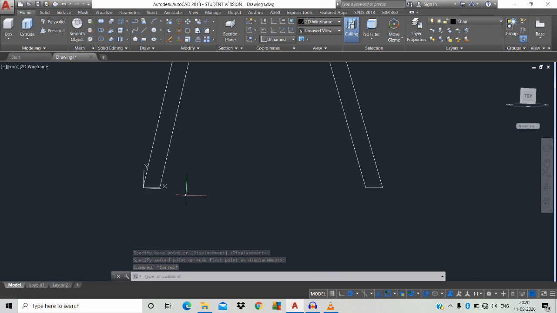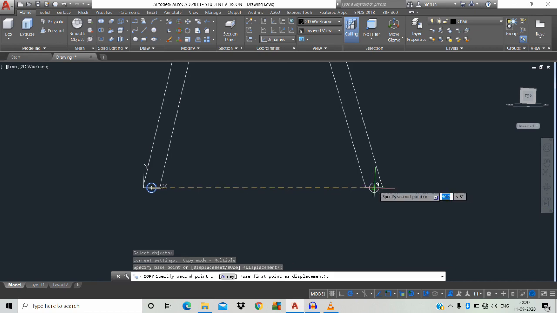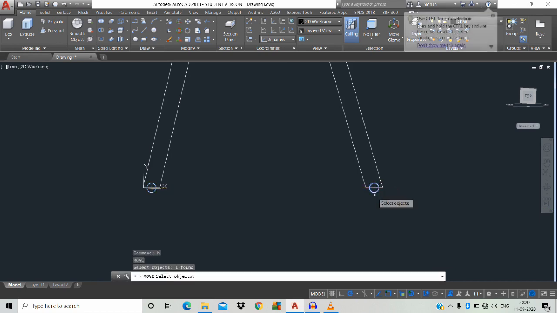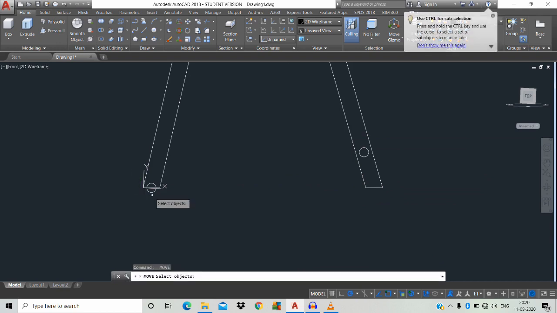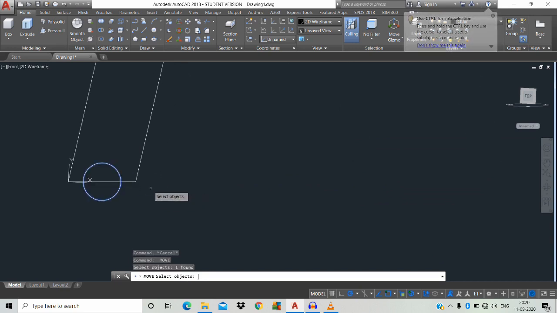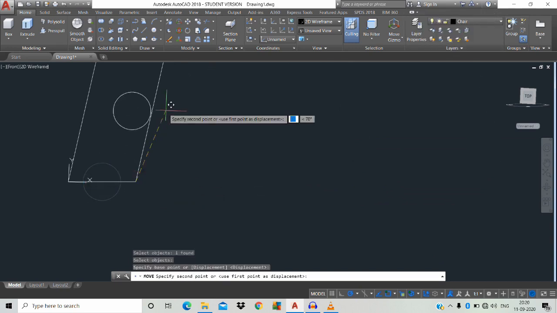Then C space, just move towards, you will find a middle point, just click, move outward, the radius is 2 space. CO space, just copy the object space, pick the center point and place it over here. M space, click the object space, just click this point and move towards this direction to 16 mm. To repeat the command, press space button, space, click the object space, just click this point and make this as a reference line for travel to 16 mm.